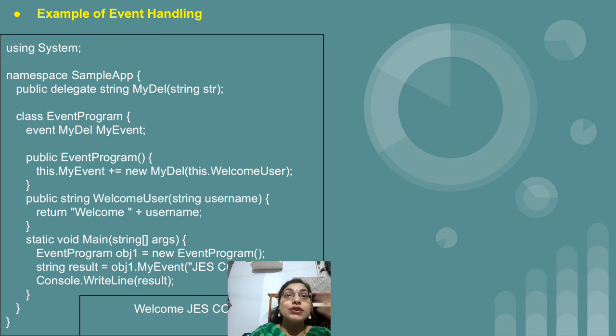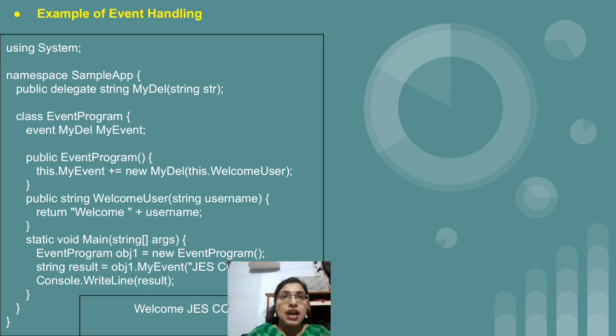Again here also we have to create a delegate method. Which points will we remember while creating the delegate method? The delegate method should have string as a return type and it should have one string parameter, because the method should match the signature of the delegate. So this is the first step, that is, we have declared the delegate.